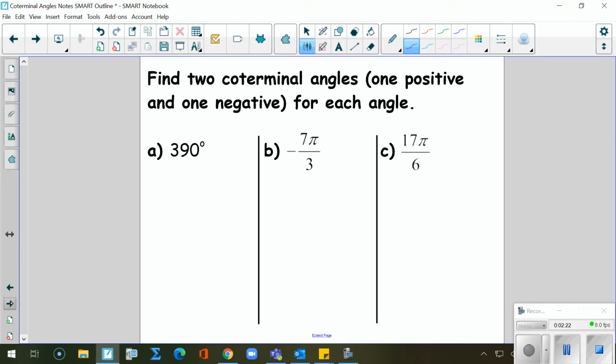To find coterminal angles, you just continually add 360 or subtract 360 infinitely many times. If you're working with radians, you would use 2 pi. Add 2 pi, subtract 2 pi. So you're going all the way around the circle again, which is 360 degrees, or 2 pi, in either direction, positive or negative. So for this first example, I could add